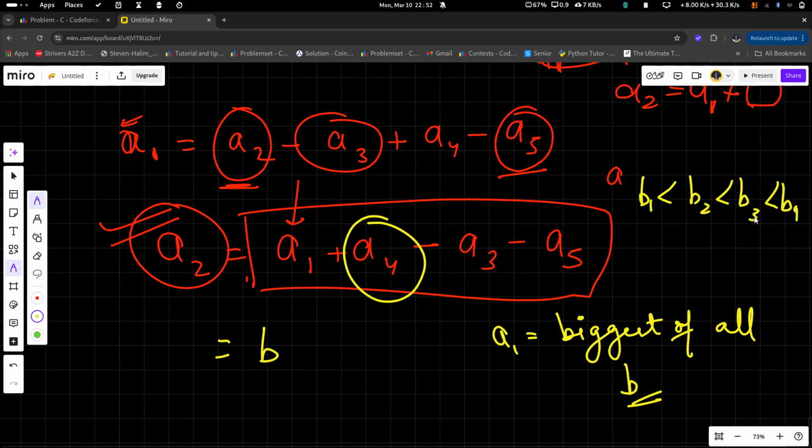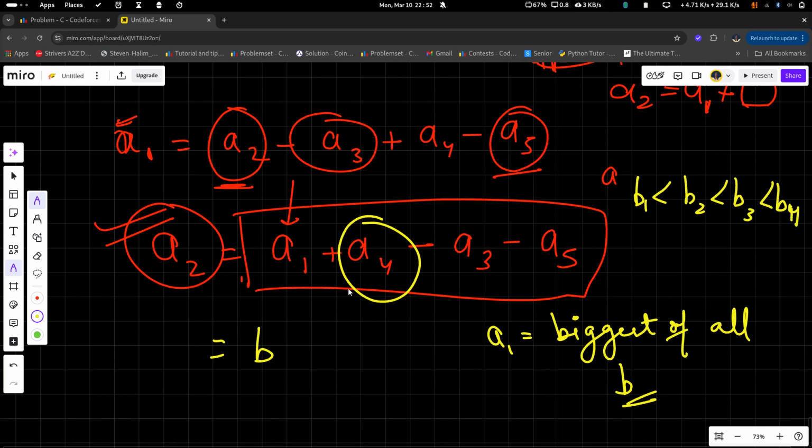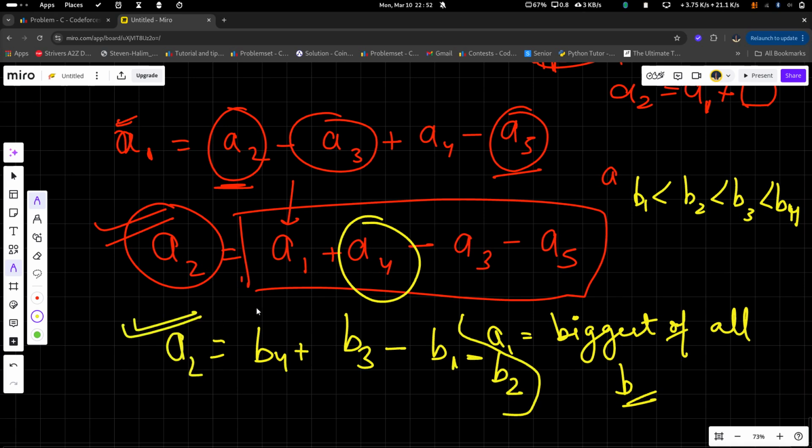Let's think of it like this. Then I can take a1 as b4, then a4 as b3 minus b1 minus b2. Now in this case, whatever happens, this is going to be the biggest value here.